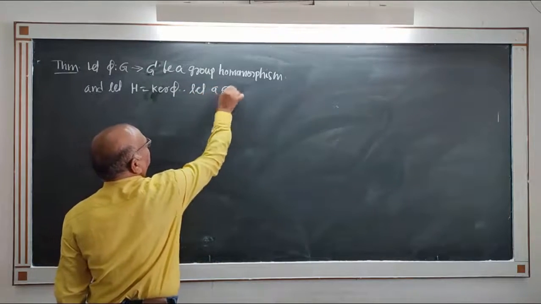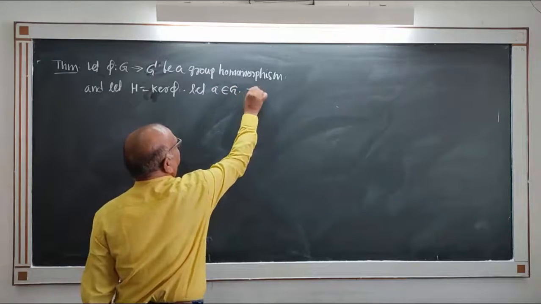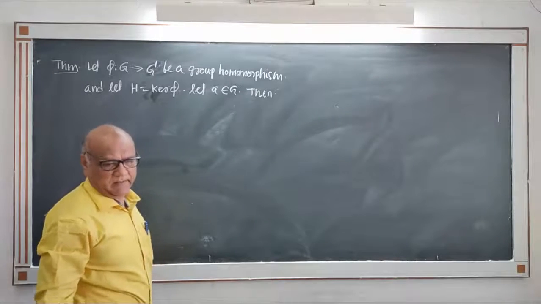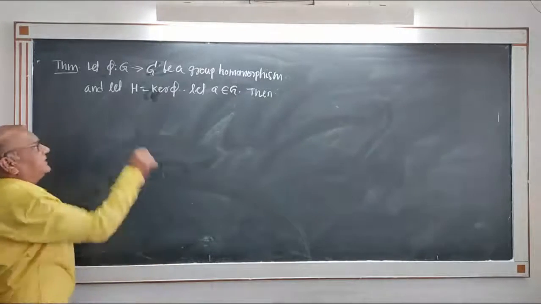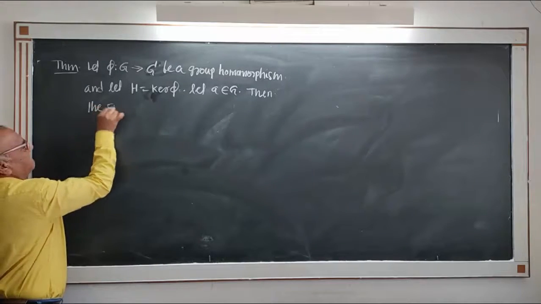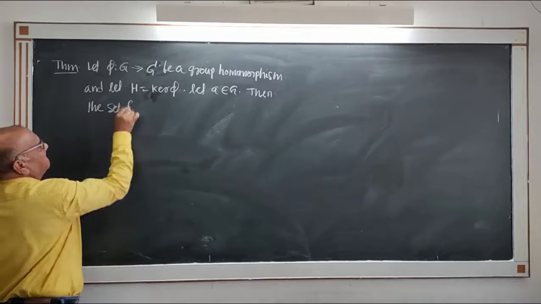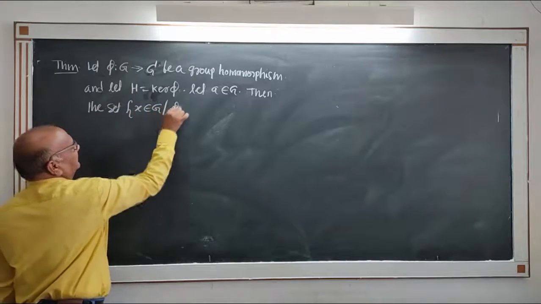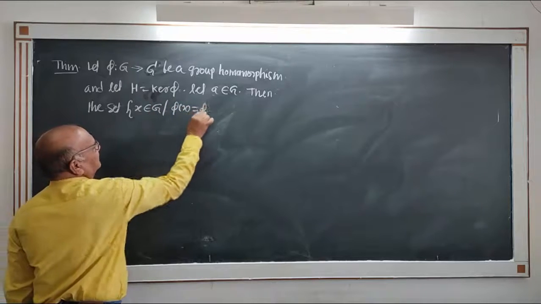Let A belong to G. Then the set of X belonging to G such that phi of X is equal to phi of A